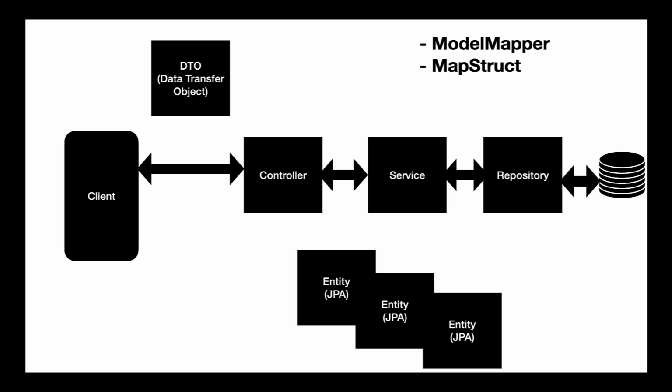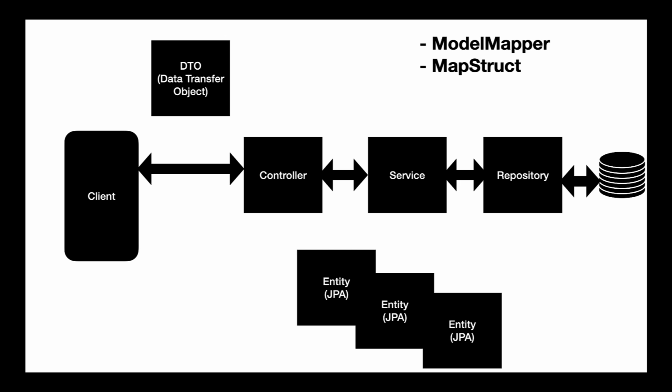Okay, so let's say your JPA entity has some sensitive information, for example a password and other important information, and your REST API directly exposes the JPA entity to the client. That may lead to security issues, right? So instead of that, we can use DTOs, and we can send only the required information to the client. Alright, and we can gather all the related information together and send it back to the client